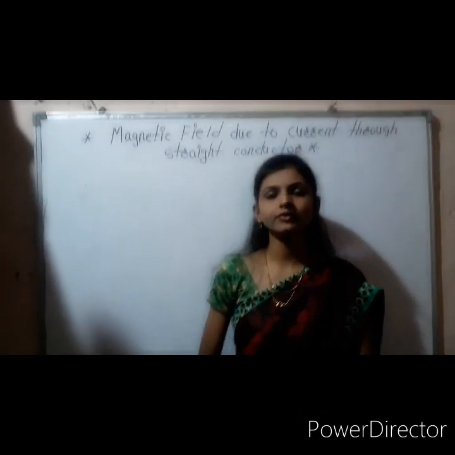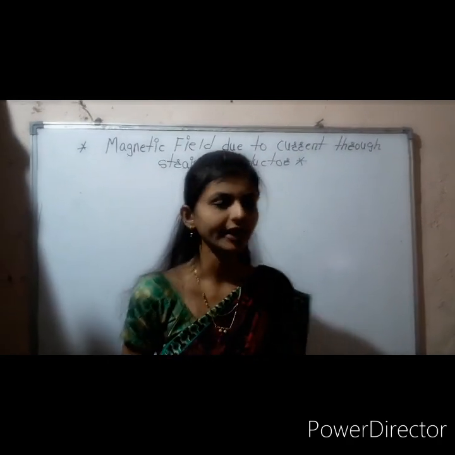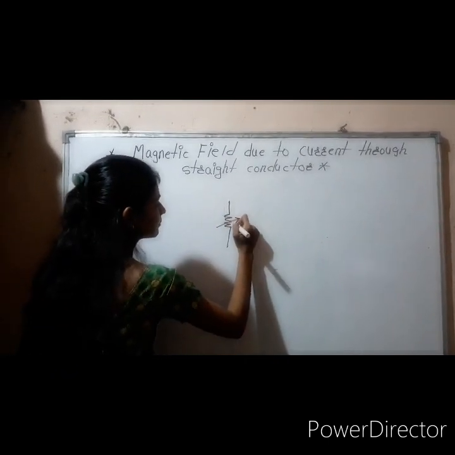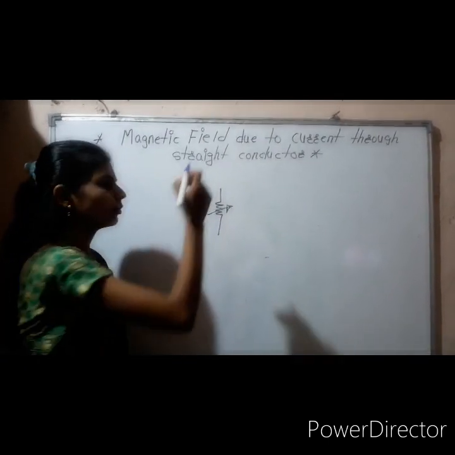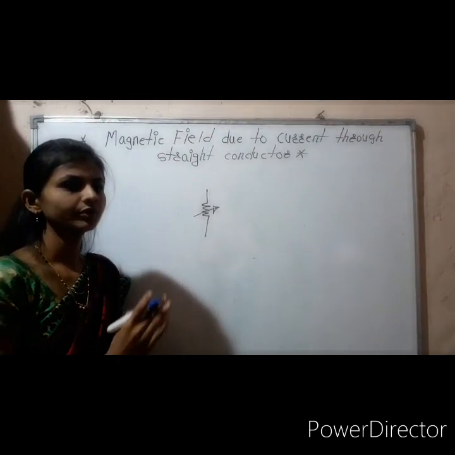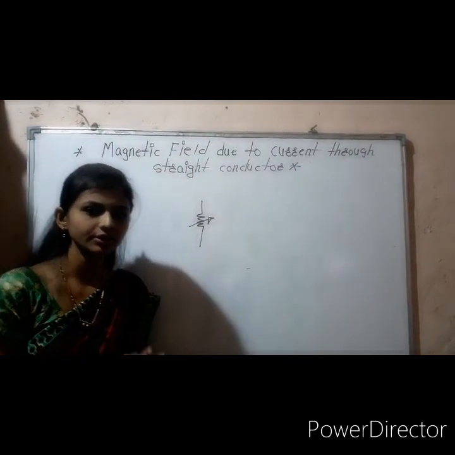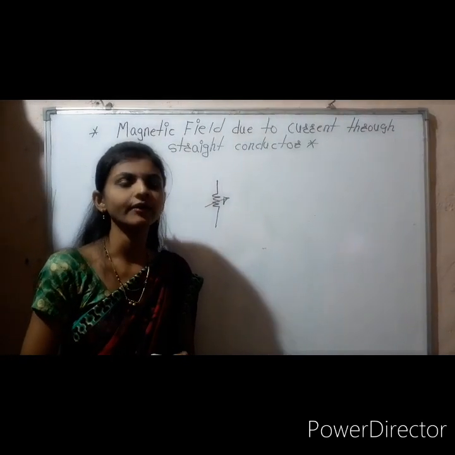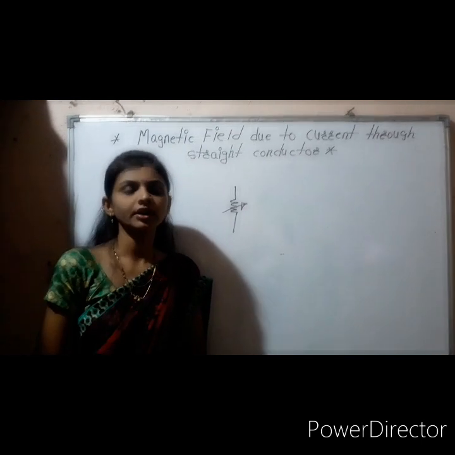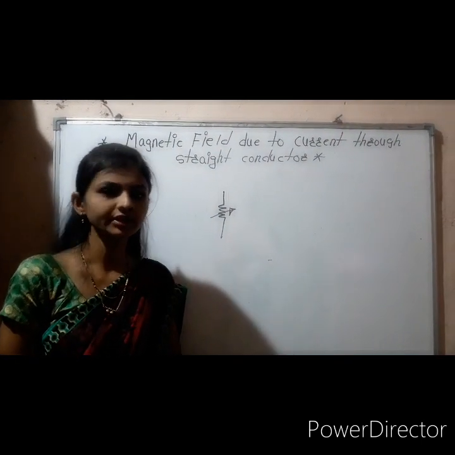In that we have to take one rheostat. Here I am going to connect one rheostat. Before that, I just want to introduce the working of the rheostat. Rheostat is a variable resistance. By using the rheostat, we can vary the value of resistance, and by using it, we can control the current which is flowing through the electric circuit.